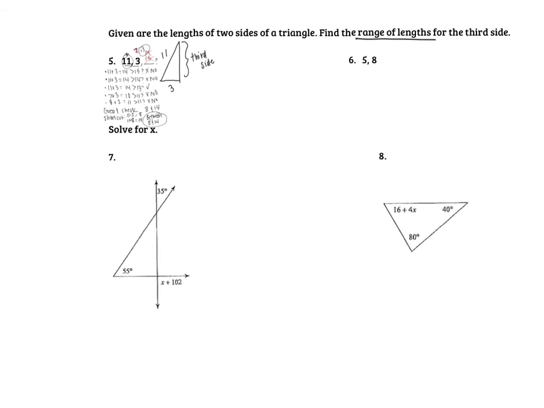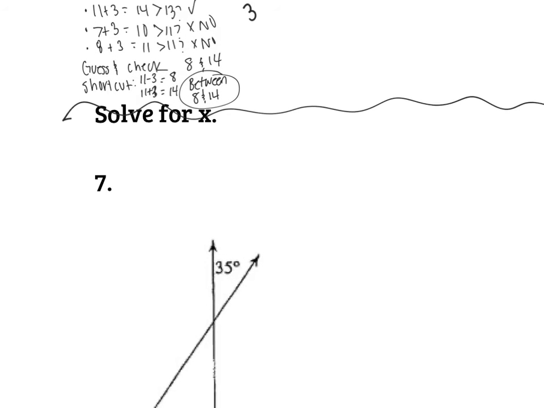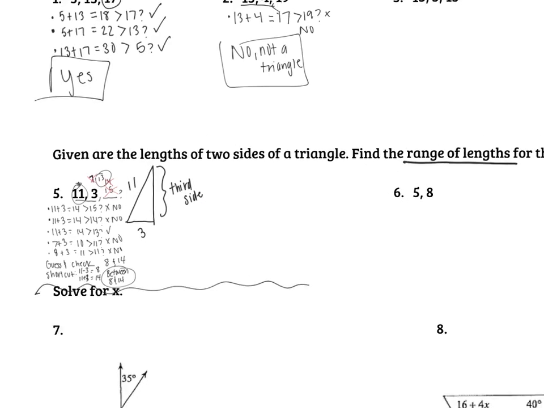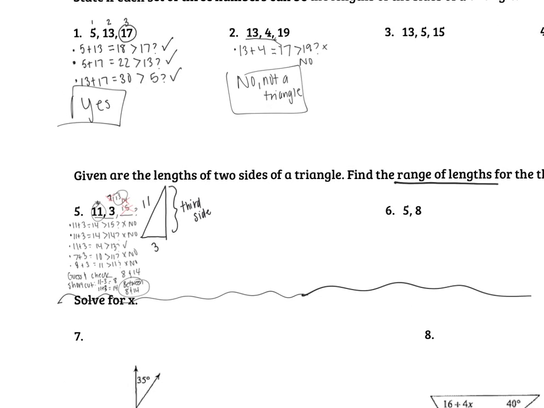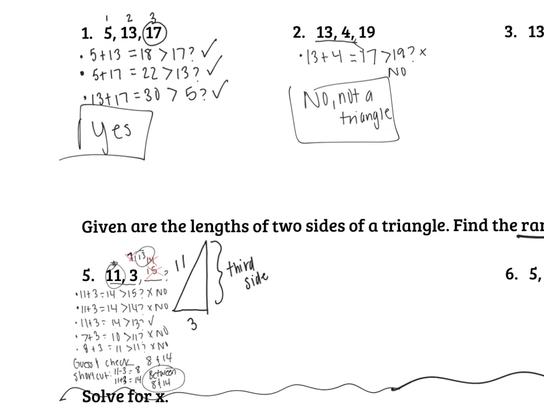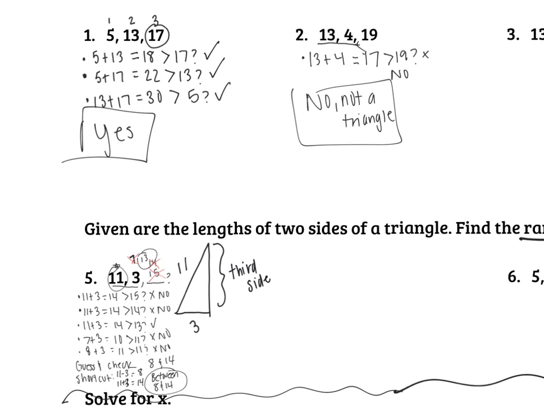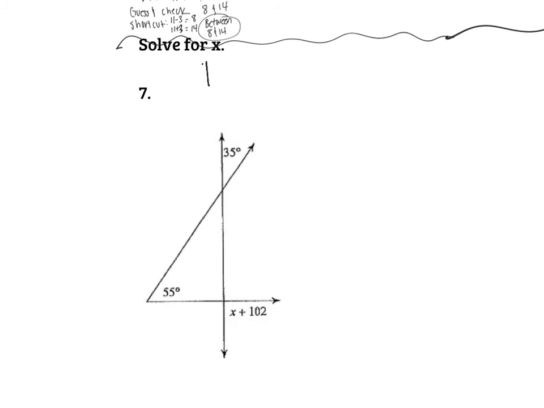So the last part is looking at triangle angle sum. All right, this is the triangle inequality section. That part's done. That's 1 through 6. So you guys need to do 3, 4, and 6. I did 1, 2, and 5 for you. Still write those down, but I did the work for you so you could see examples. Okay, and now 7 and 8. This is